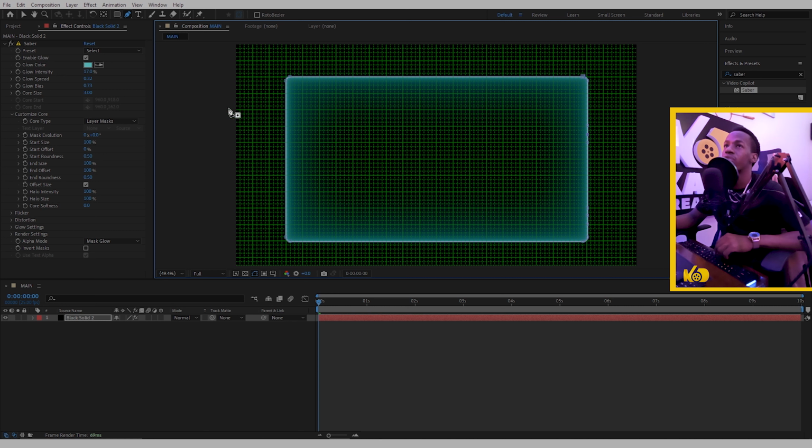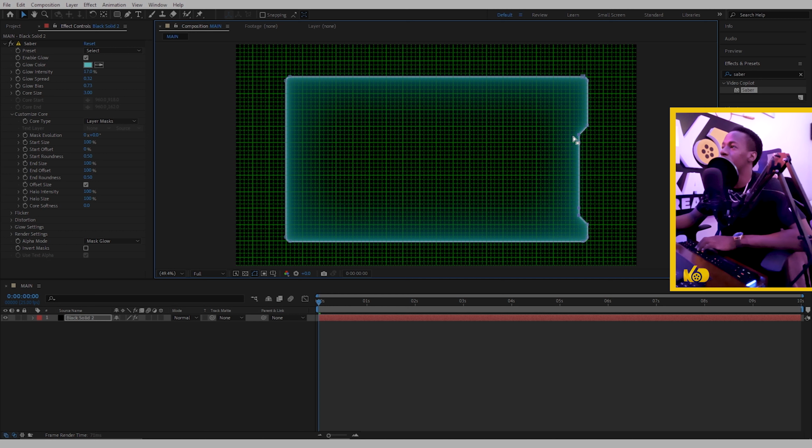Click V on your keyboard, or click on this selection tool, highlight the four mask points in between, and click the left arrow